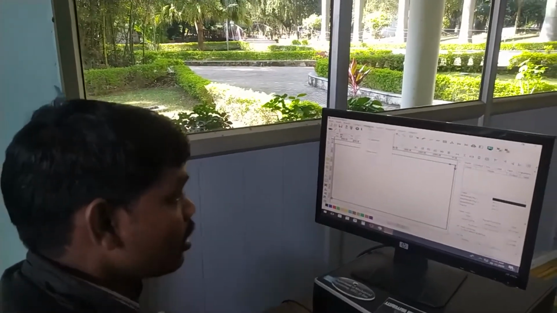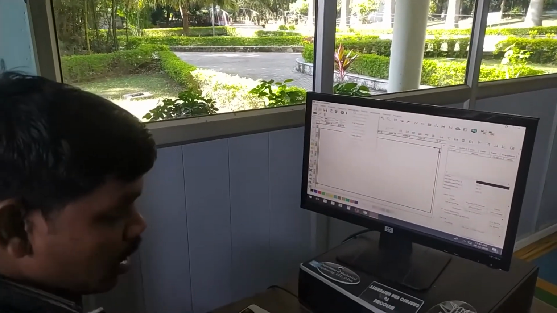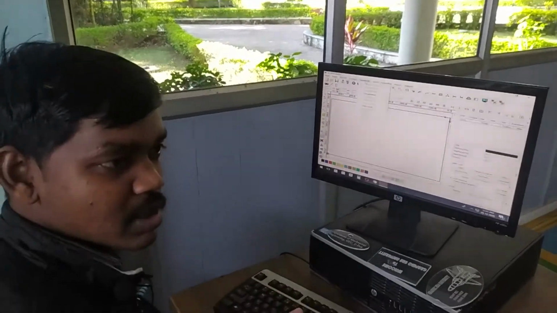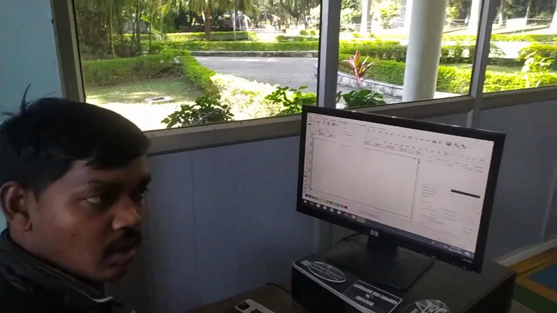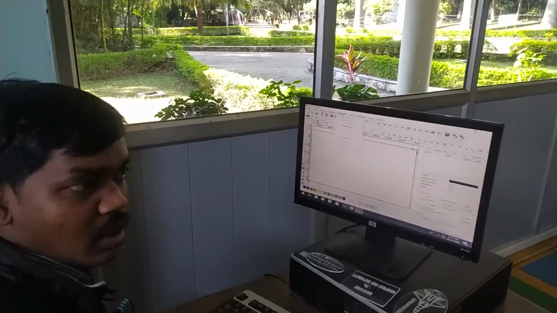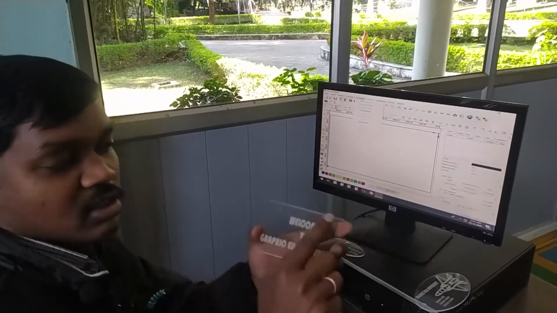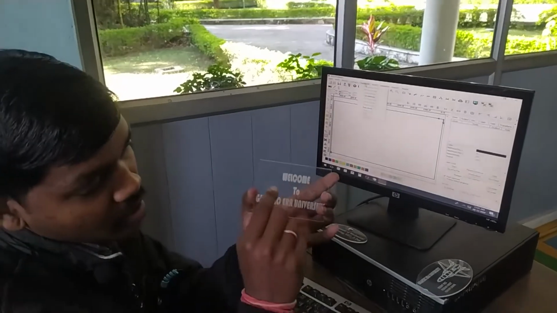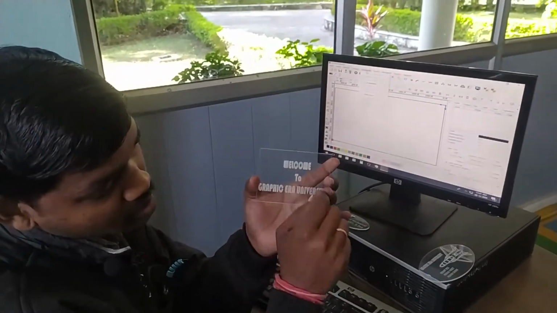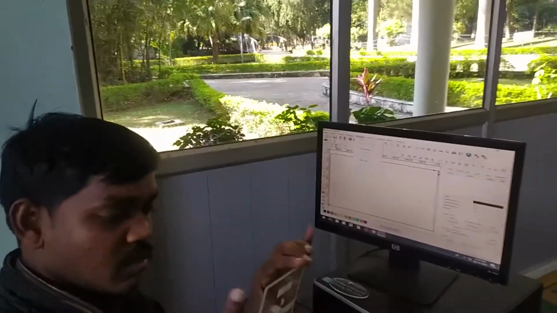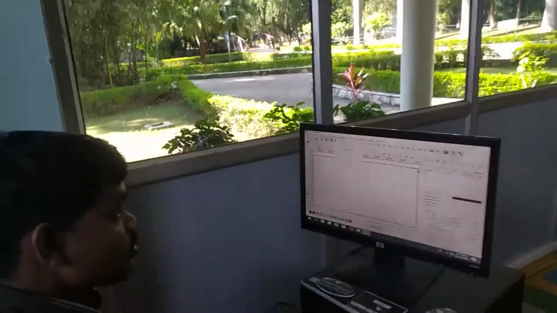This is for handling the image. In this we can scan the image. Scan the image means, like you see in fancy items, your photo on an acrylic sheet like this. This is an acrylic sheet. I scanned these letters on this acrylic sheet, and this is done on this laser machine. Okay, so this is for this.